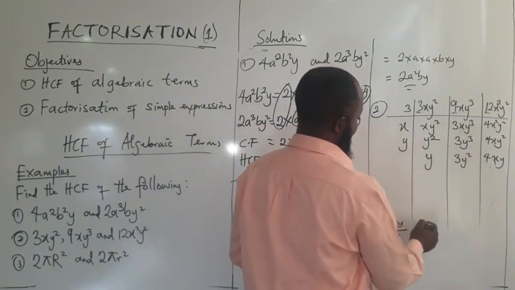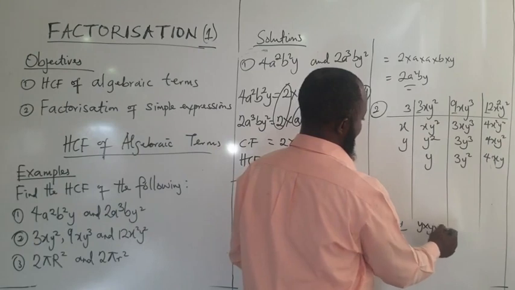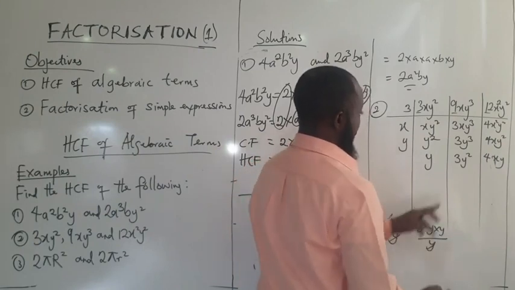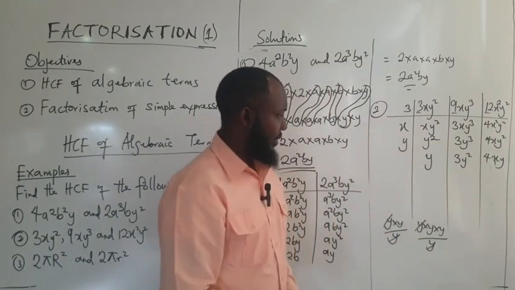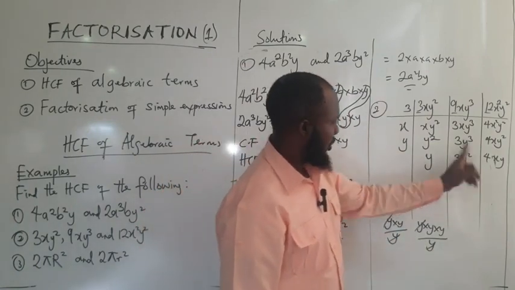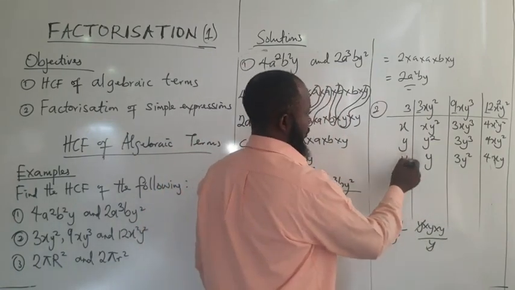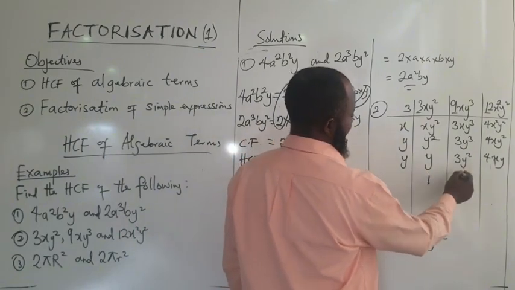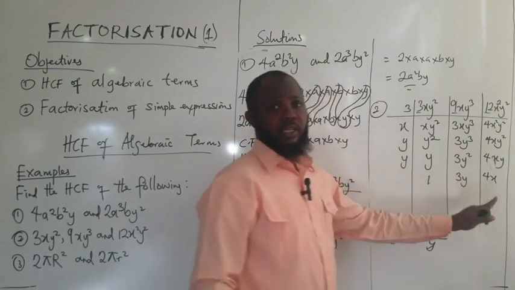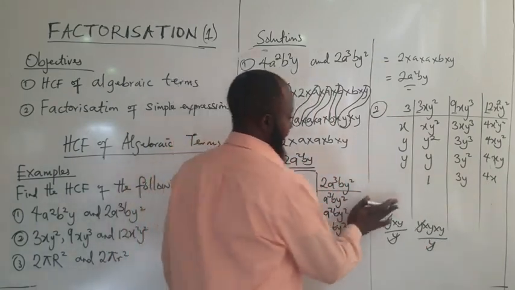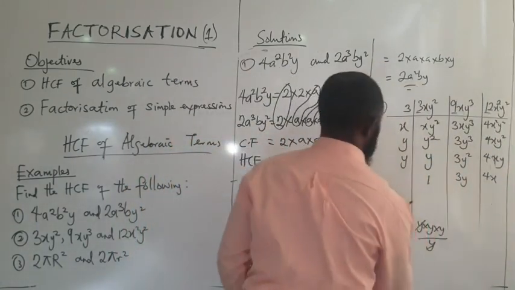Y cubed, so which is y times y divided by y, so remain y squared, and so on and so forth. Is that clear? So the next thing, if you look at this, what is common again is only y. So y is common here. This is 1, this will be 3y, and this is going to be 4x. Do we have anything common again? So no. In that case, our